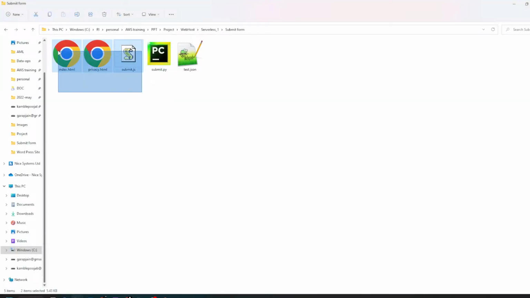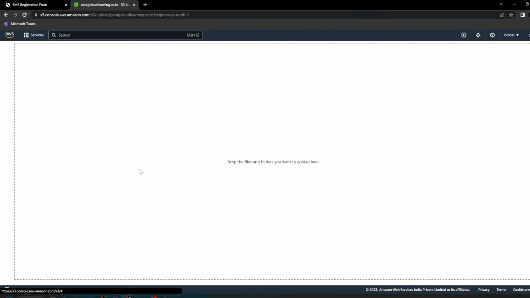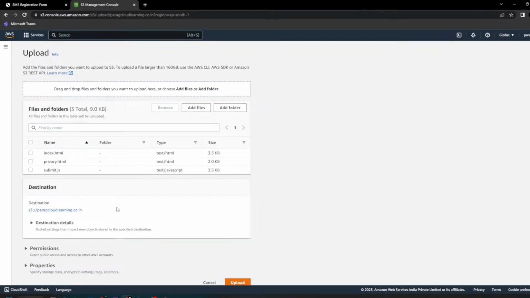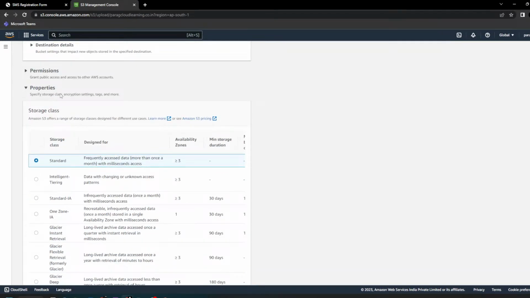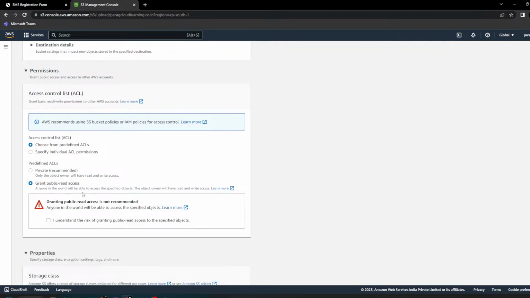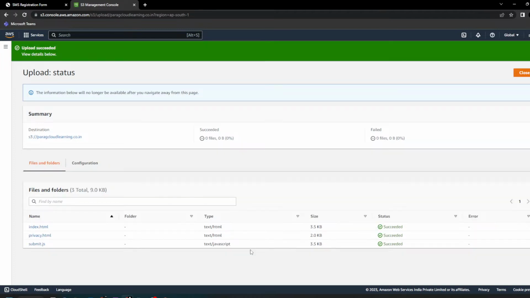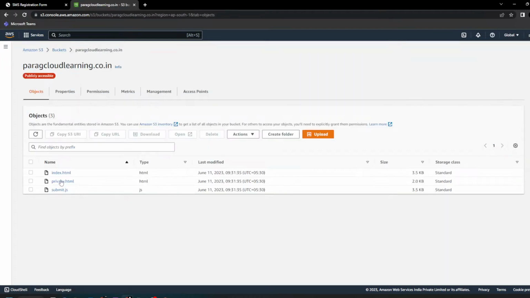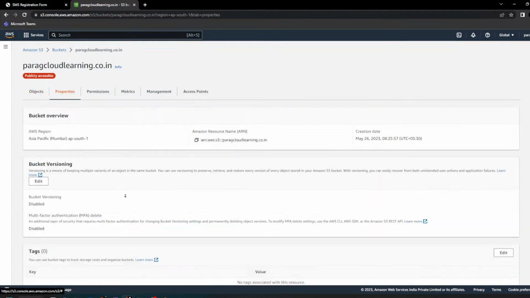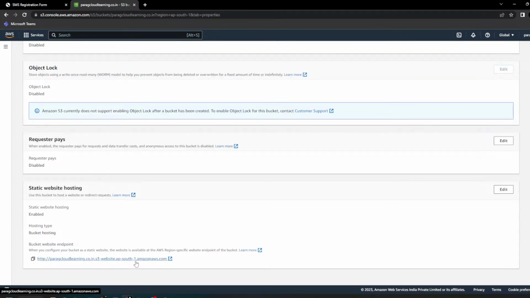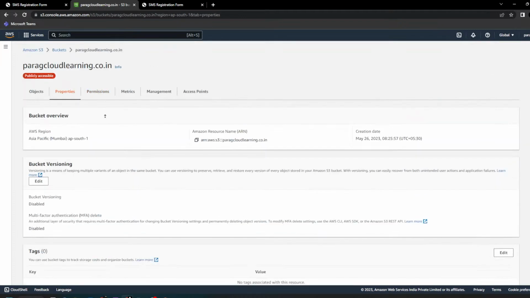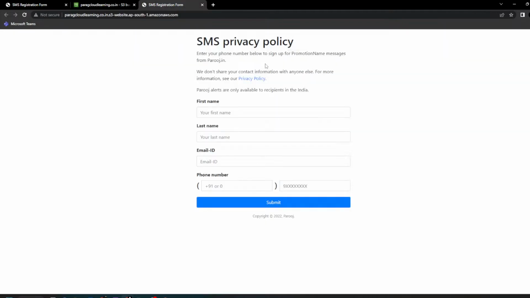So let me upload all three files. Make your files public, yes, and upload. Okay, so these files are there. Just go to your S3 bucket URL and see, this is hosted on S3. Simple. Now if I fill in the information,